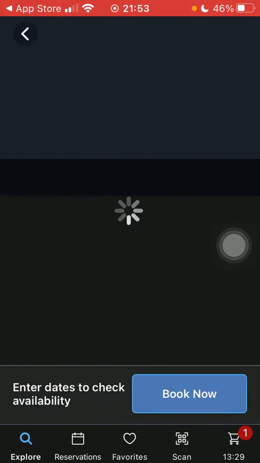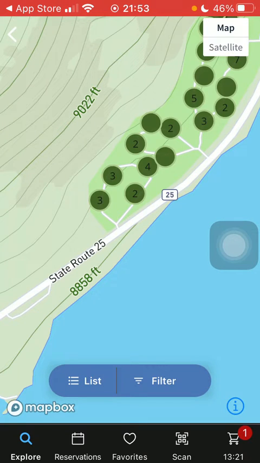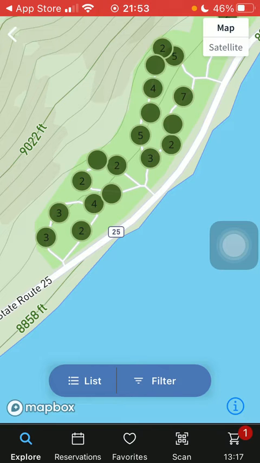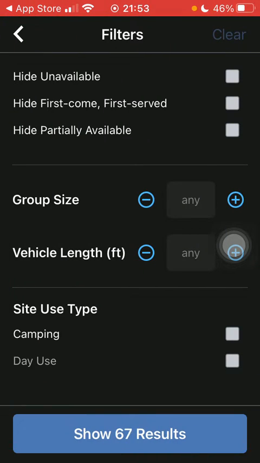Select an option here and tap on the Campground Map button in the middle of the screen on the right side. And here you can see the map. You can also apply filters,